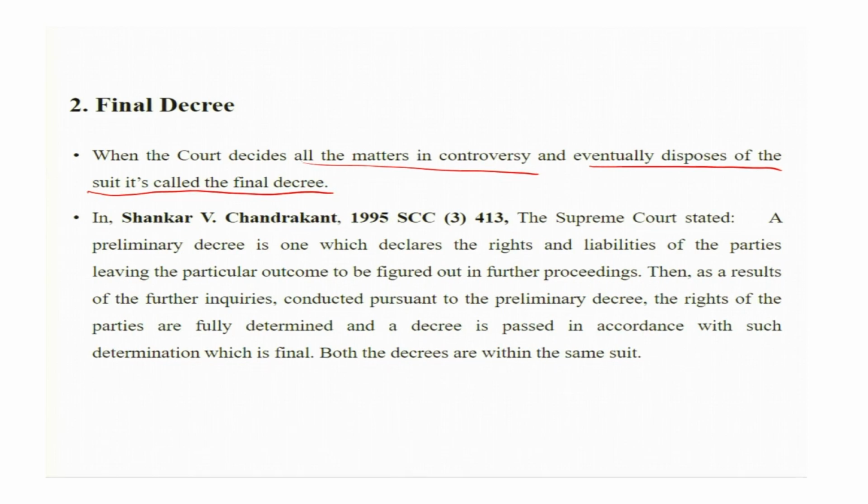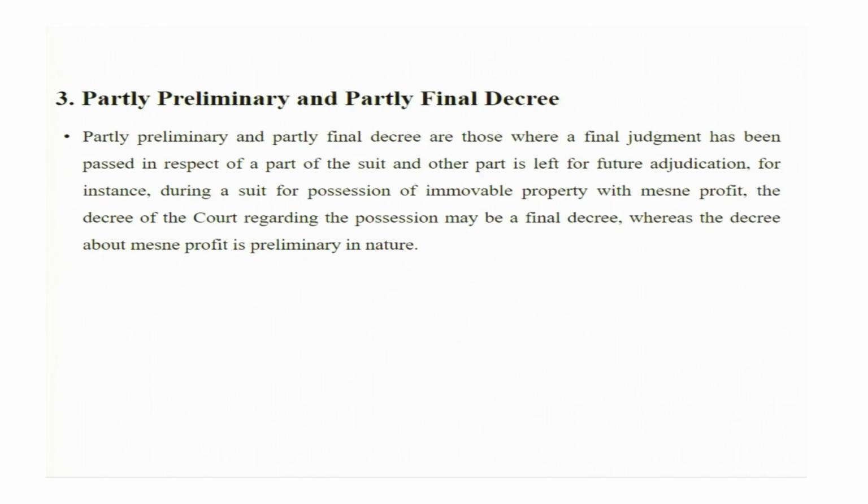This we have understood already with the help of the essentials of final decree. Section 2(2): formal expression, conclusive determination of your right with regard to all or any of the matters in controversy. Adjudication must be given in a suit and it includes the rejection as well as restitution. This is final decree.